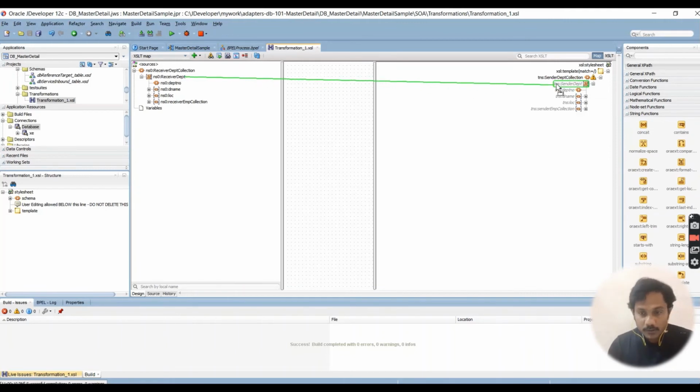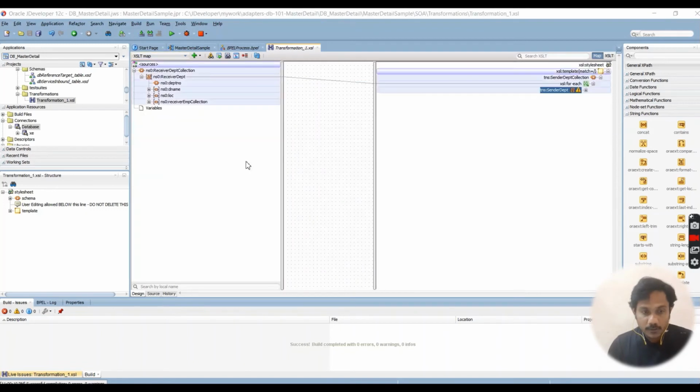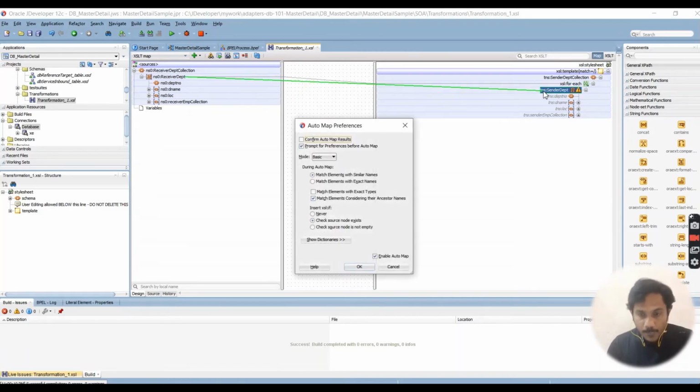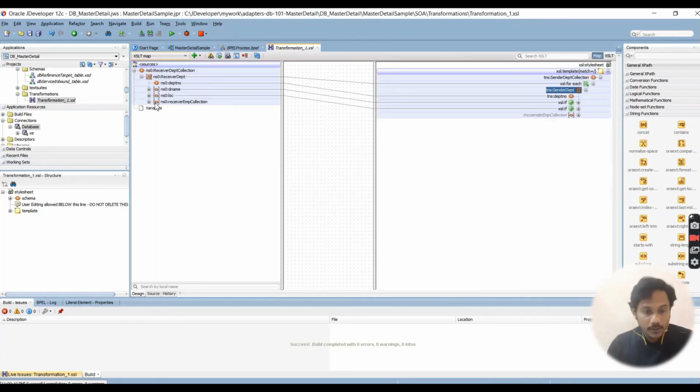Let's map the source to target. Again we are going to map the target employee table also.